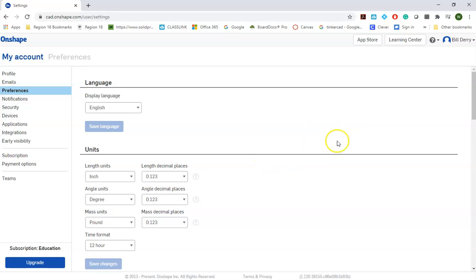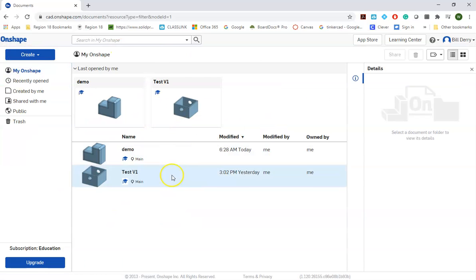I'm still on my preferences here, but if I click on this Onshape button, it's going to bring me back into this environment, which is where we can start drawing. I'm going to make another short video that's going to take you through a basic part just for some fun tonight, but I wanted to show you